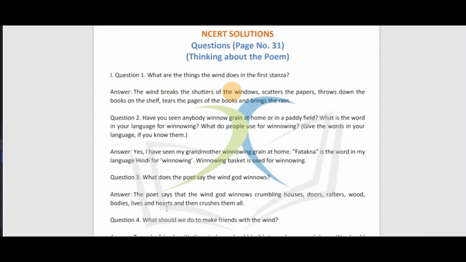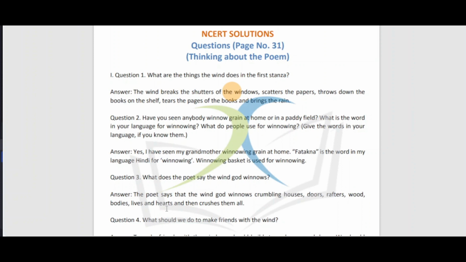In this video we are going to start with the NCERT solutions of the chapter, the poem The Wind. Here we have some questions that we need to answer. Our question number 1: What are the things the wind does in the first stanza? In the first stanza, what we have discussed already,